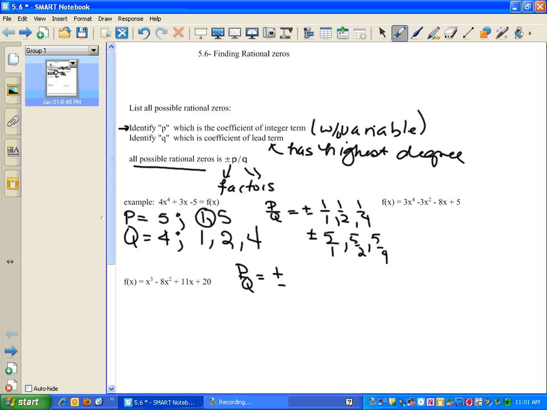Just for right now, as we're listing them, we're going to do it so that we know that we've taken care of that combination, and now we're going to write our final answer, and we won't write it as a fraction if we don't need to. So the smallest number is what? 1/4, and then 5/4, and